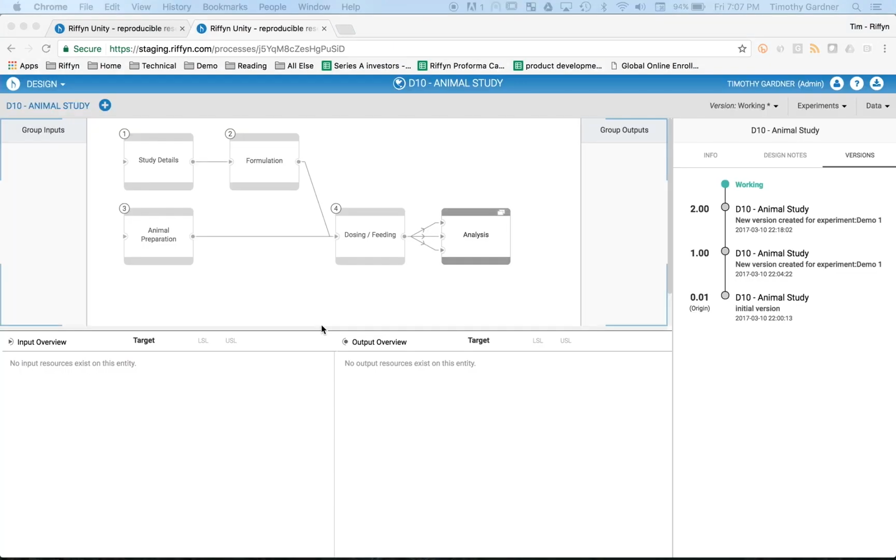This takes you to the process designer. Here we enter design mode. In design mode, you see the processes that you can create, which are methodological templates for experiments you execute. Think of each process like a visual protocol or SOP. Here, for example, you see all the steps in the animal study, and you see groups of steps, such as